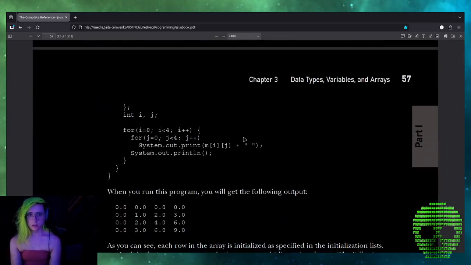int i, j; for (i = 0; i < 4; i++) { for (j = 0; j < 4; j++) System.out.print(m[i][j] + " "); System.out.println(); } } }